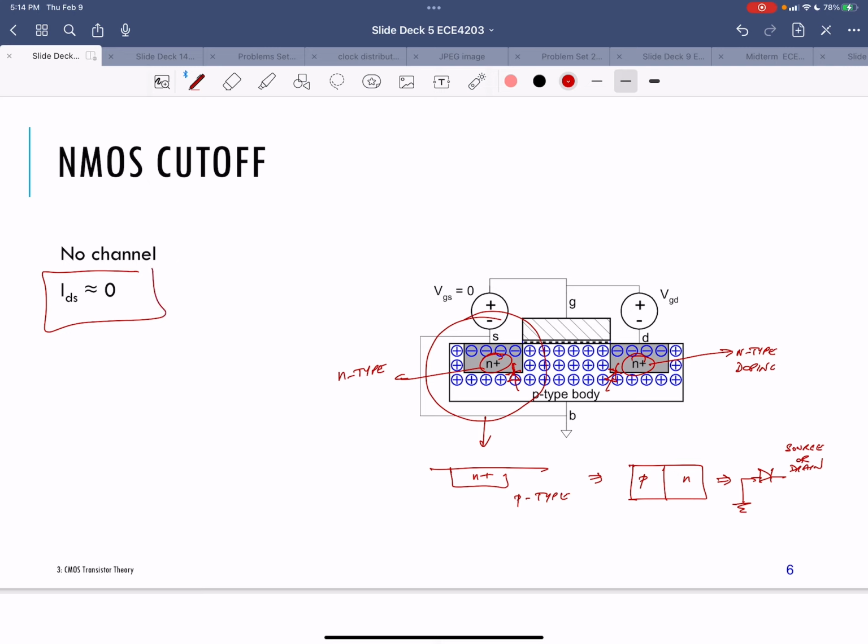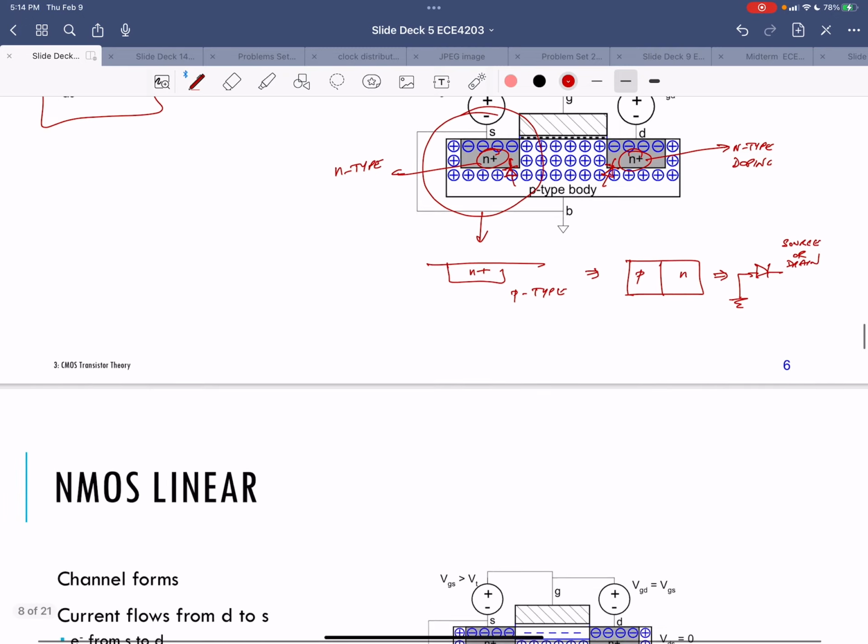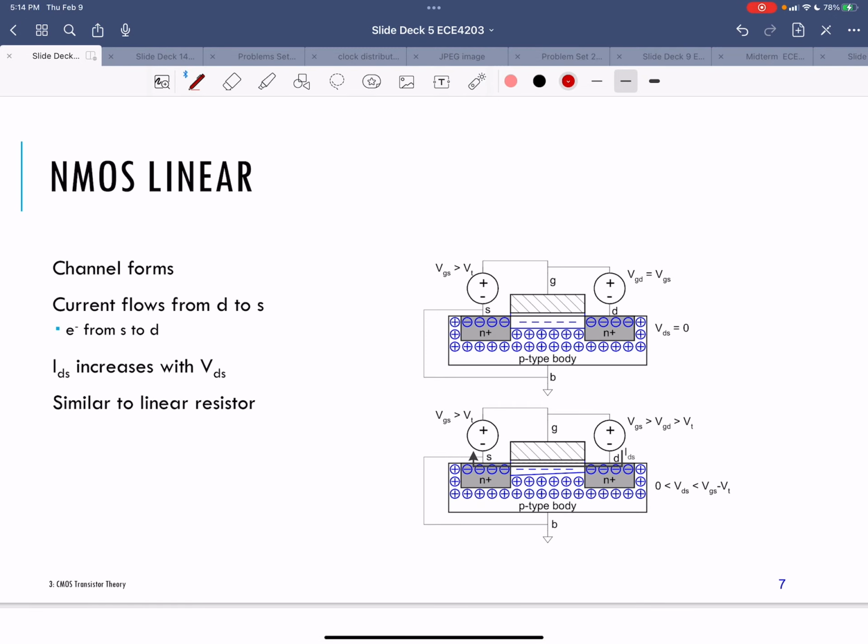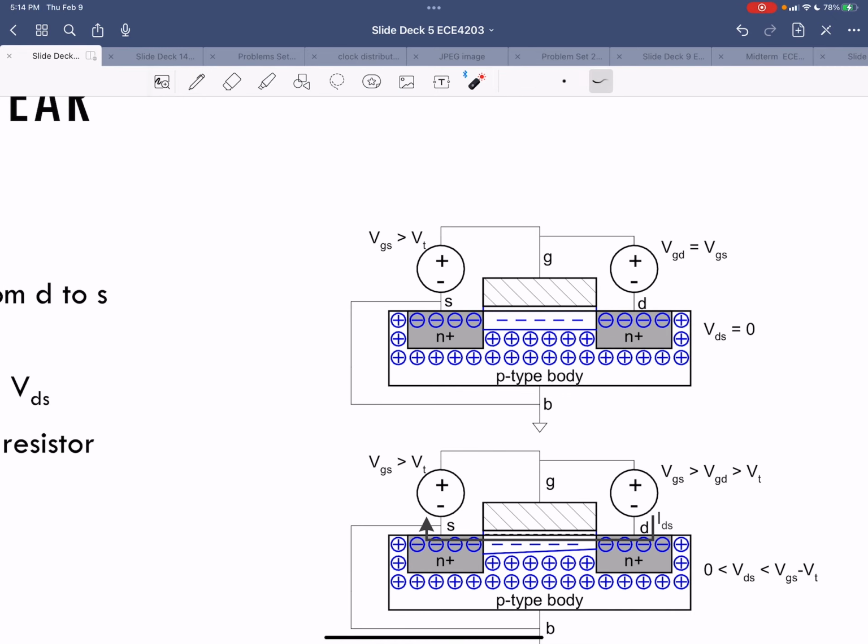So in that case, at VGS equal to 0, we have no channel. This MOS transistor is in the cutoff region, and there's no drain source current. As I increase the gate source voltage, just like the MOS capacitor, I'm pushing the holes away from the oxide layer,